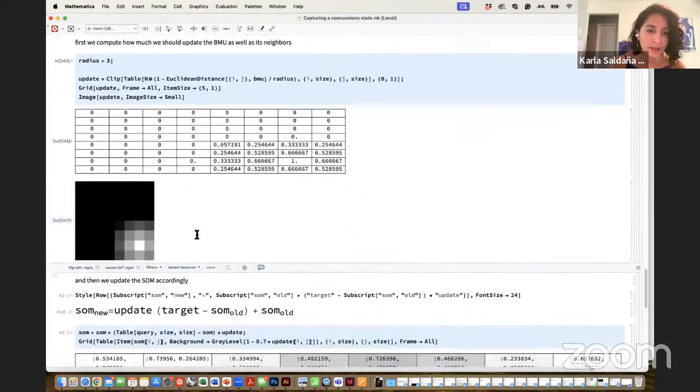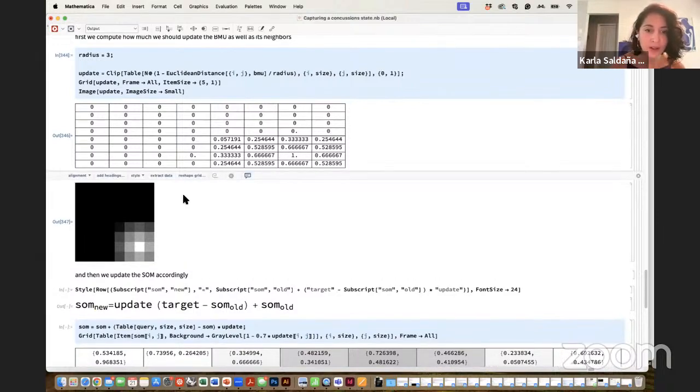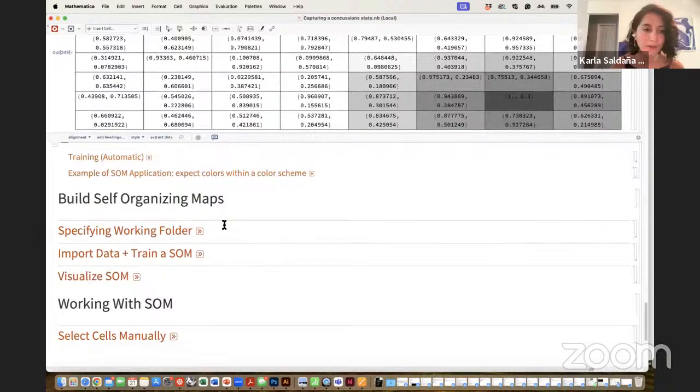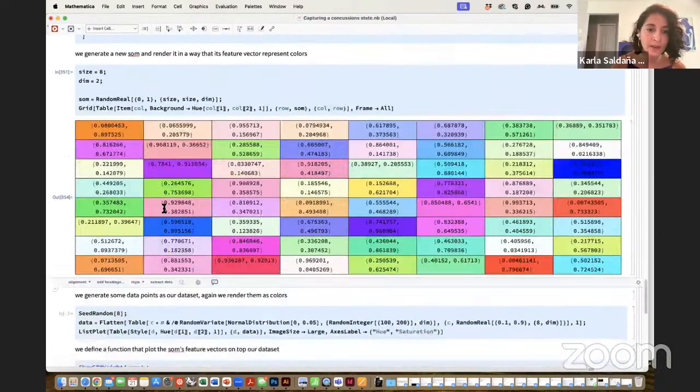In this way, the moment that my data point finds its best matching unit, it not only gets placed here, but it also influences everything around. And that's the important thing with self-organizing maps: you're not only modifying the grid based on the new data point that is being shown to the randomly initialized cells, but you're also influencing everything around. So imagine doing this thousands of times, which is what is happening when you're training a SOM.